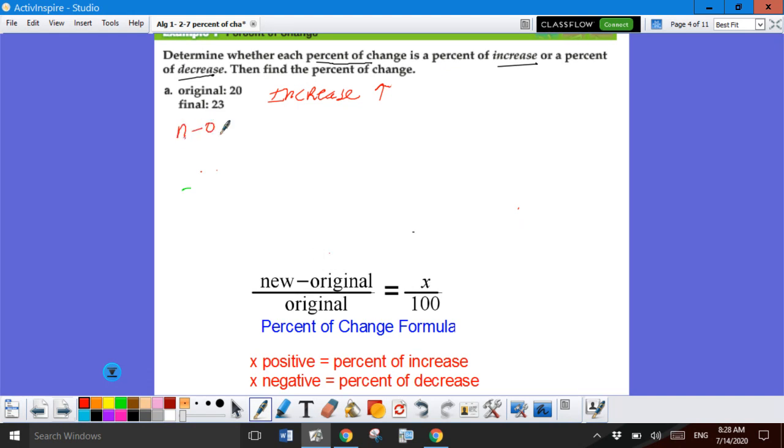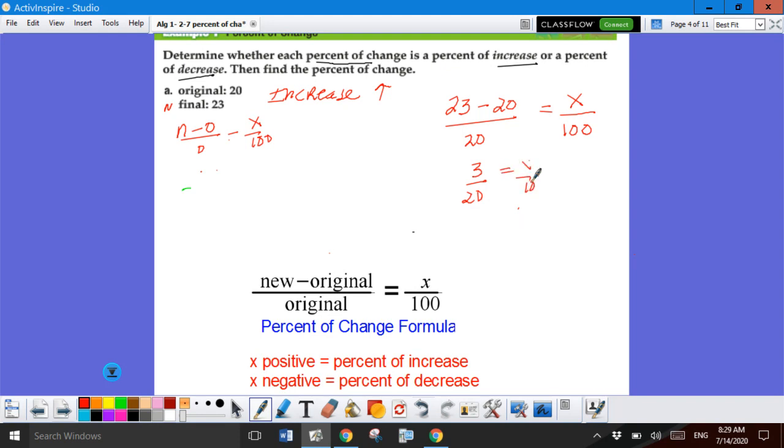Now, remember, here's our formula. Okay? And we need to figure out which one is the new and which one is the old. Well, original is our O, and then the final, which is going to be our new. So we have our new, which is 23, minus our original, which is 20. The original, again, is 20. I'm looking for my percent, and it's over 100. Now, this is pretty simple, because 23 minus 20, that's 3. So I have 3 over 20